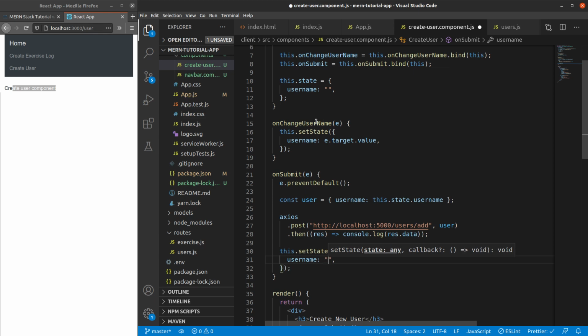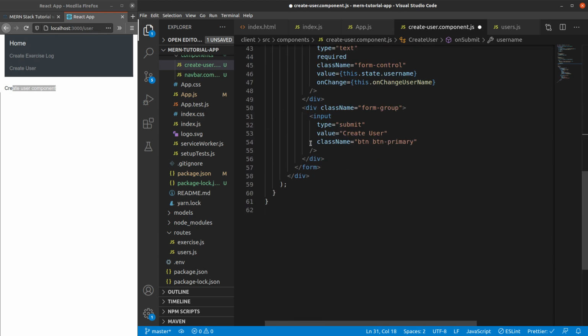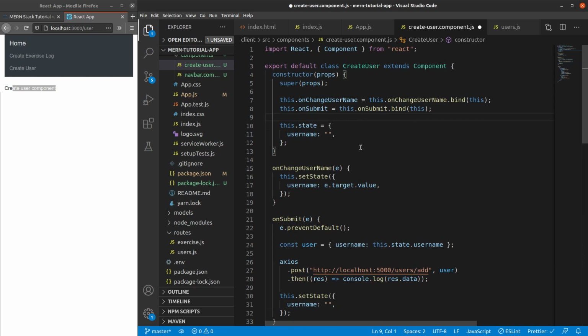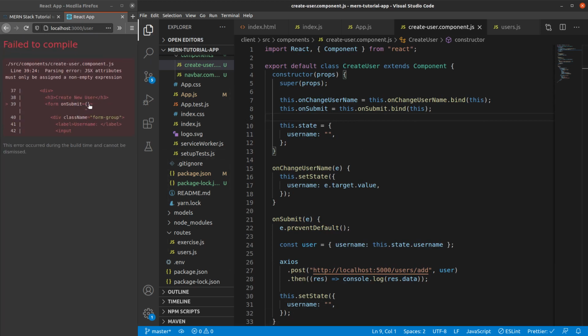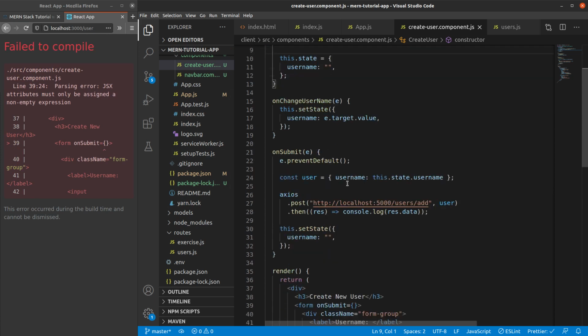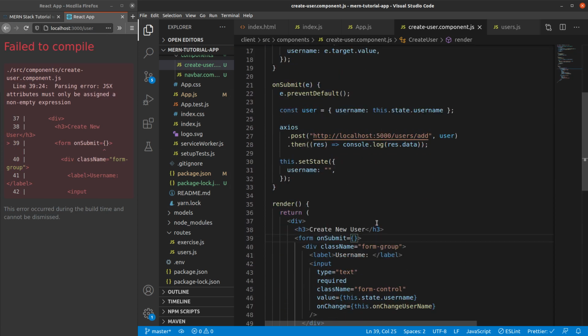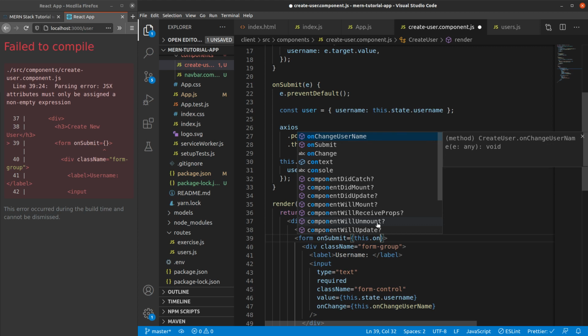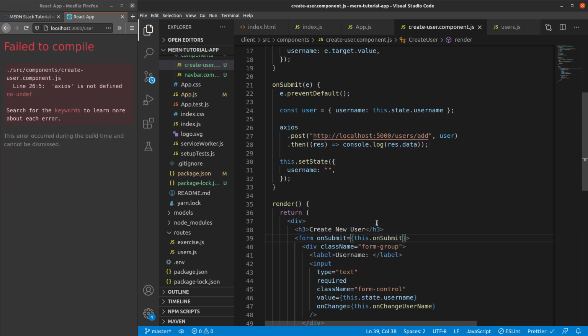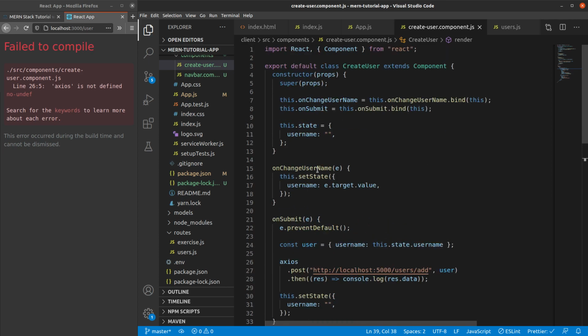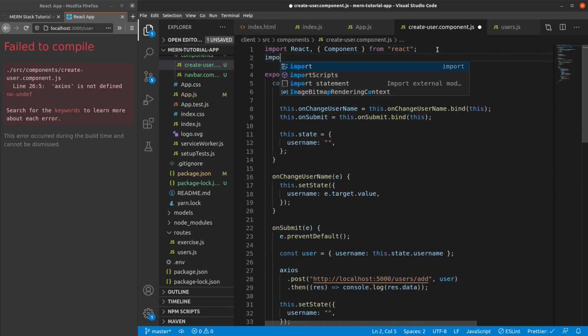I think we have done all the work in this particular class. Let's save this file, and obviously there is some break which says onSubmit has nothing in here, so let's declare this particular method. And Axios is also not defined, which is an obvious reason: we haven't imported Axios.